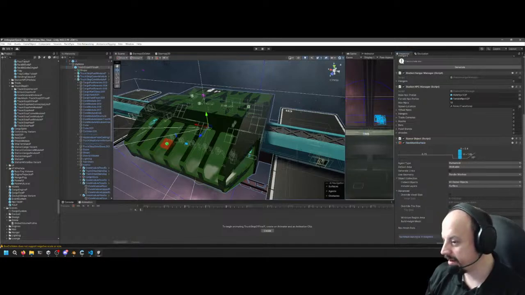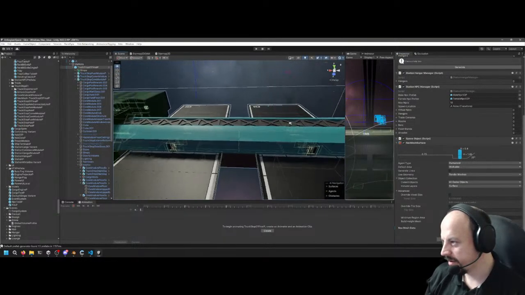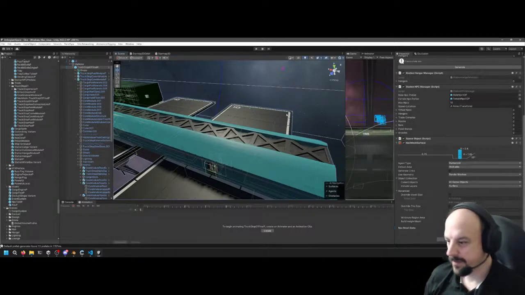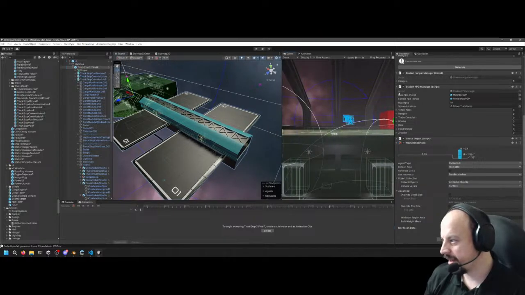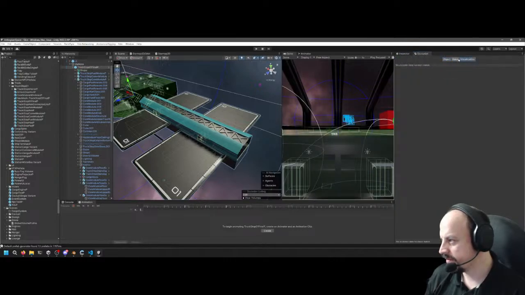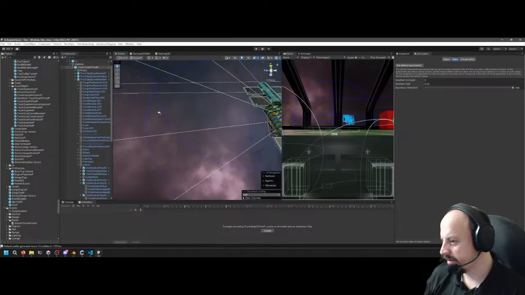I can rebake it, and it is rebaking, but it's not showing up now. I'm wondering if maybe it's a Unity bug. But if I can't see the nav meshes, I can't guarantee that everything baked okay. They're definitely not static. No occlusion has been baked.